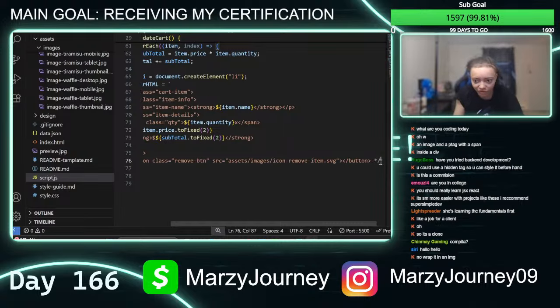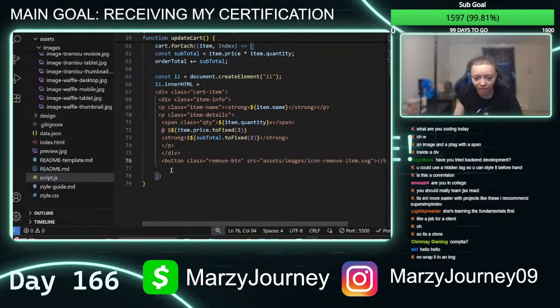Just in case this doesn't work. And I don't think I can leave a comment. What am I doing? Alright, fine, I'll leave the comment after. Let's go comment here, and then I'm going to put remove button, which might be wrong. So if I notice that my button isn't popping up, that's probably the case. I think I did it right, but just in case, I want to get that out there.